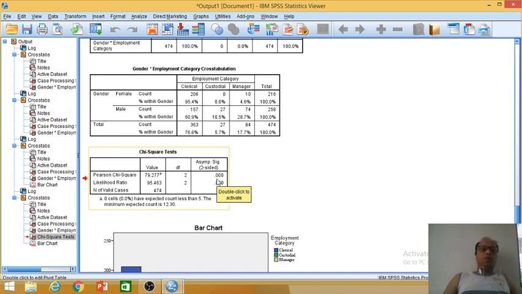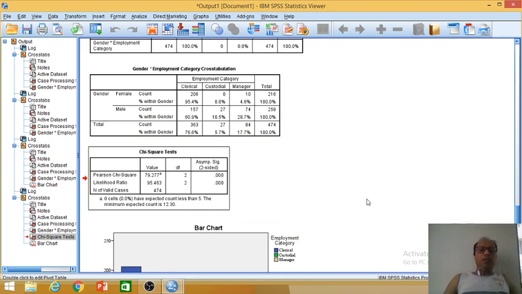Our null hypothesis was gender and employment category are independent. So when we reject the null hypothesis, we arrive at a conclusion that gender and employment category are not independent. It means what kind of employment category you will have depends on the gender. It means there is a gender bias in the company.